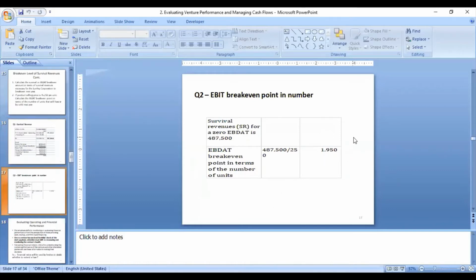So in this way, this survival break-even point you can calculate at early stages in the life cycle, especially at survival, at startup, in order to get some understanding of the safe margin, that is the revenue required to cover at least the basic operating and financing cost of the venture. So this is very important information to the entrepreneur at their early stages in the life cycle. So you can calculate that one also.